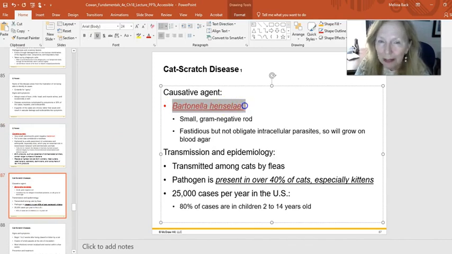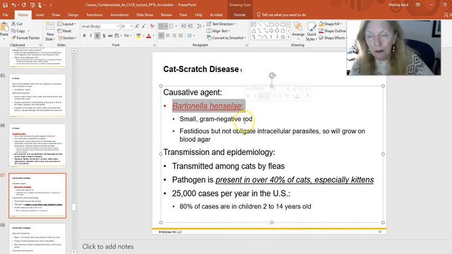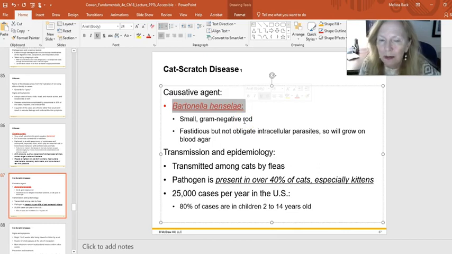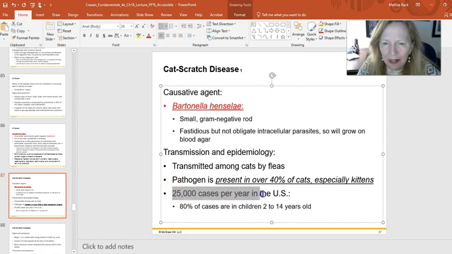This is pretty common. It's actually very common. It usually just doesn't cause that serious of disease. Most of us have been exposed to this in our lifetimes. Most of us have held kittens, have been scratched by kittens and cats, and so we have some antibodies to this, which means we've been exposed. We wouldn't have made the antibodies unless we've been exposed, and it didn't cause any problems for us. In some cases, and you see it's not that common at all,